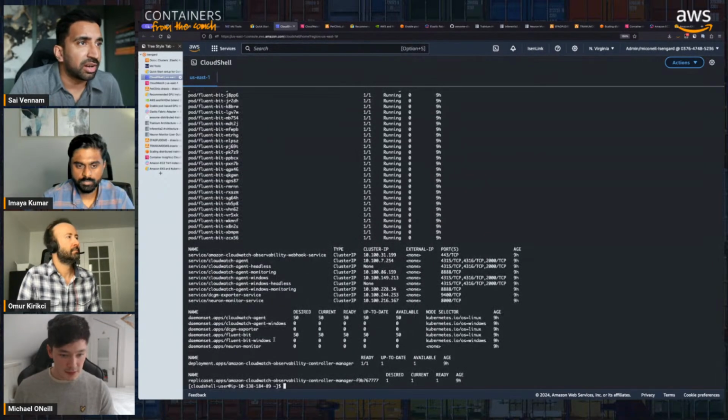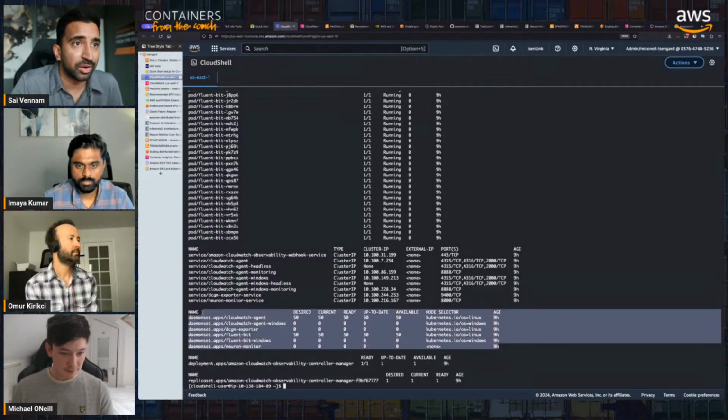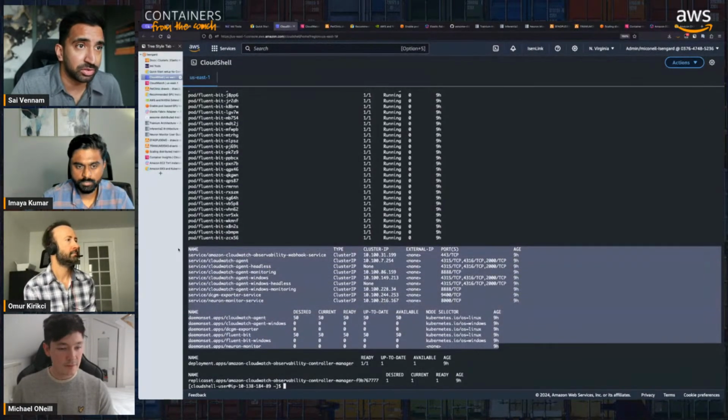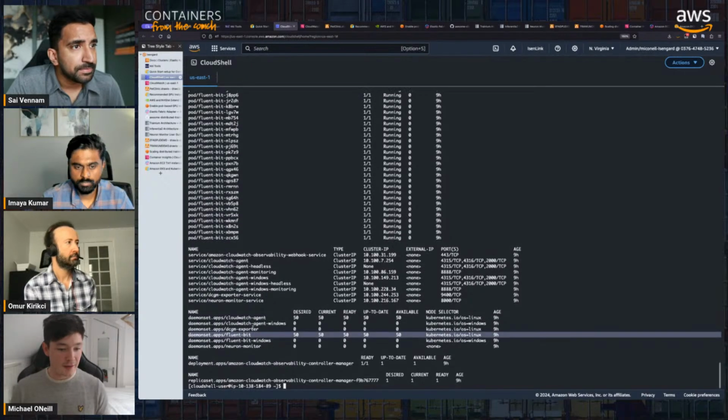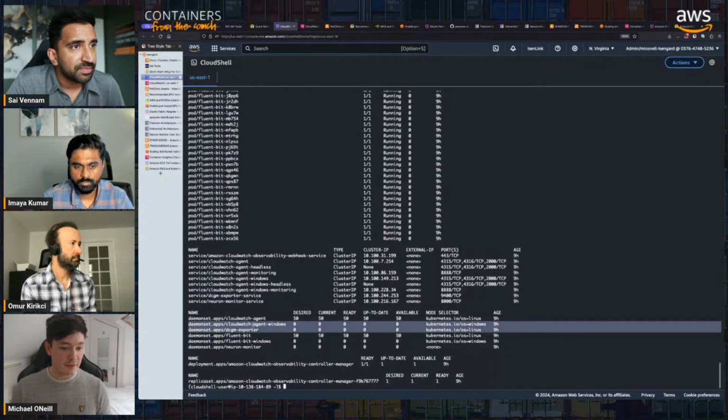So an EKS add-on obviously is one of these things that extends EKS capability with open source, sometimes third party or even partner provided solutions. The add-ons framework is integrated with CloudWatch, specifically the Container Insights features, so that when we install the add-on, it's basically installing these agents that you're showing right now. Yeah, exactly. So it installs a CloudWatch agent, it installs Fluent Bit for logs, other things for